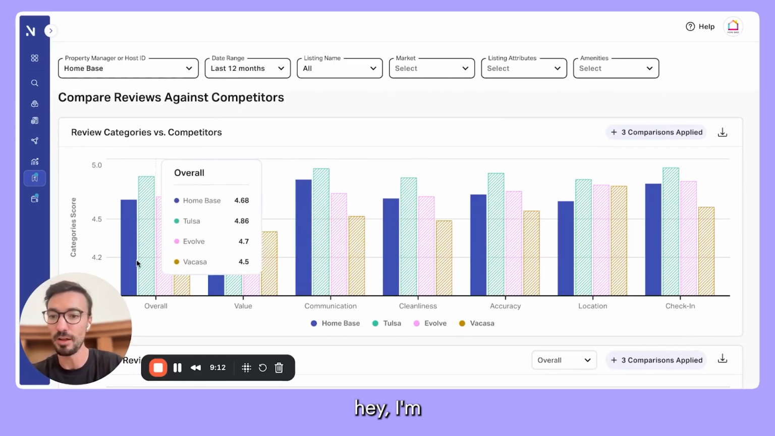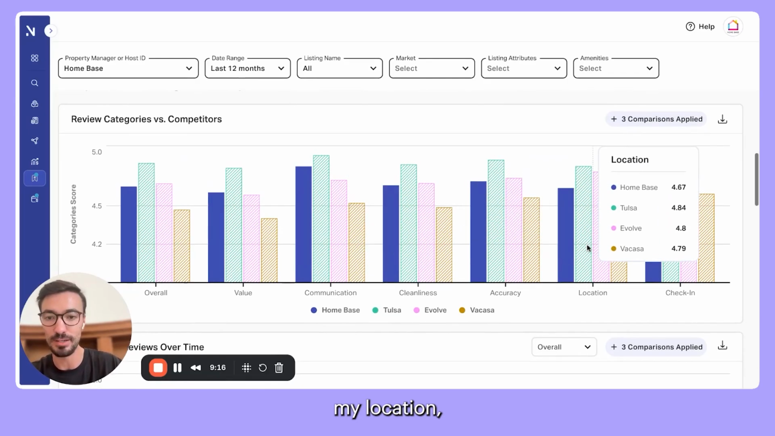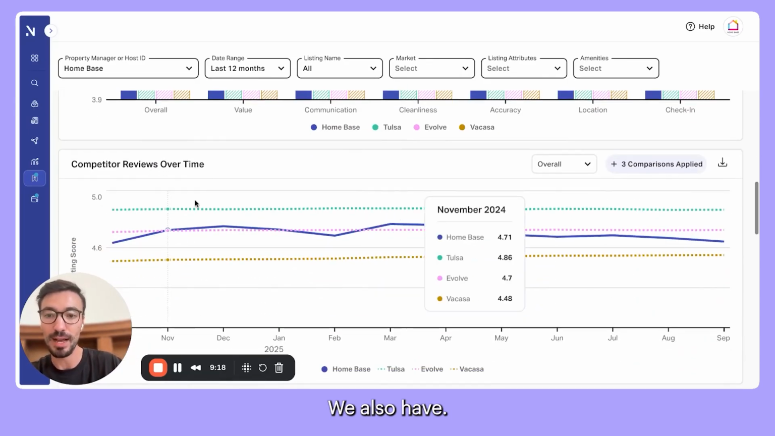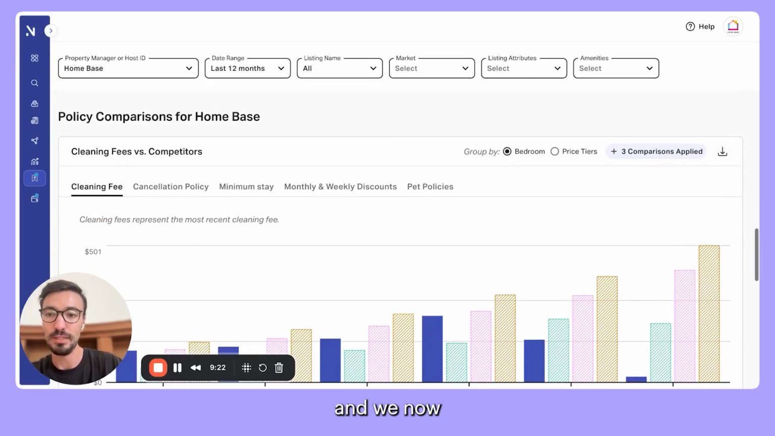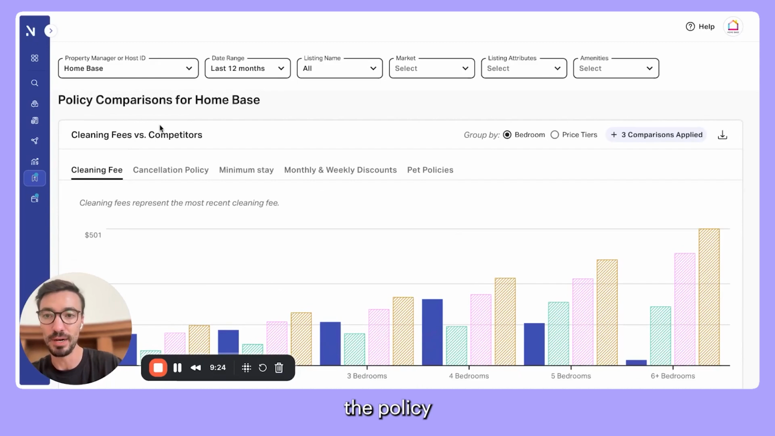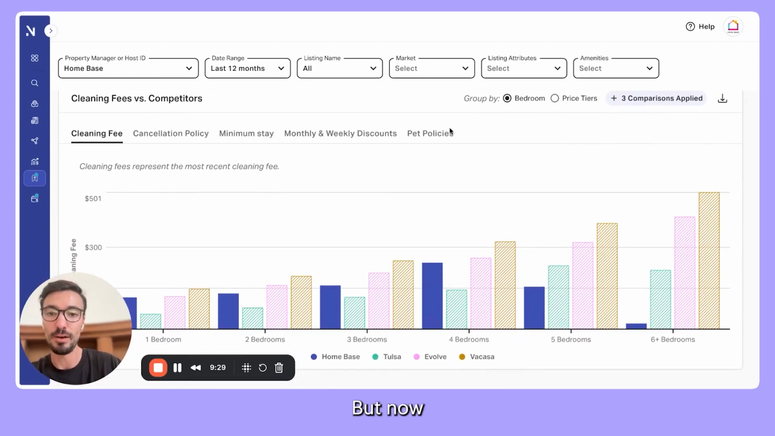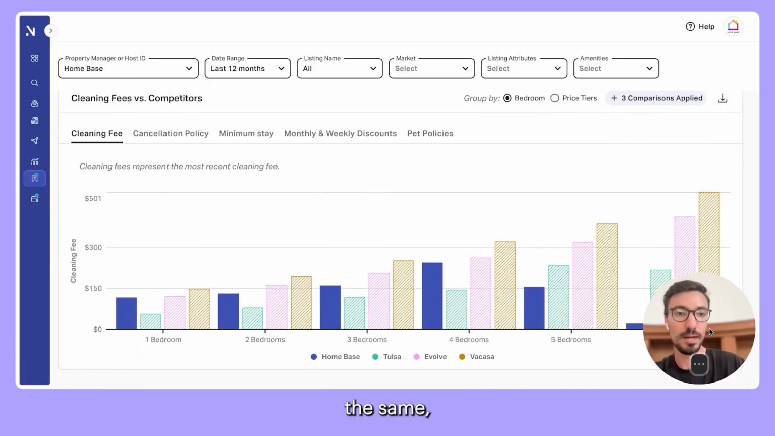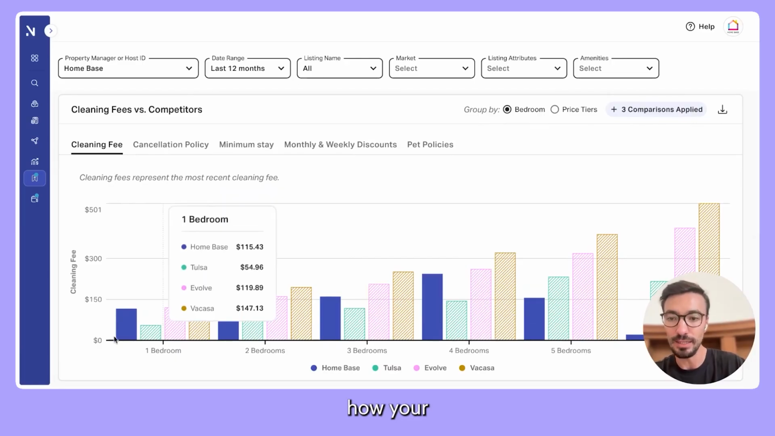So I can clearly see, hey, I'm falling behind, and overall, maybe my communication is a little better, my location, etc. We also have how those same comparisons are over time. And we have now just released the policy comparisons. So everything else on this page is very reviews oriented, but now we've got all of these 5 different policies where you can select the same subset of competitors or any other competitors and see how your cleaning fee compares